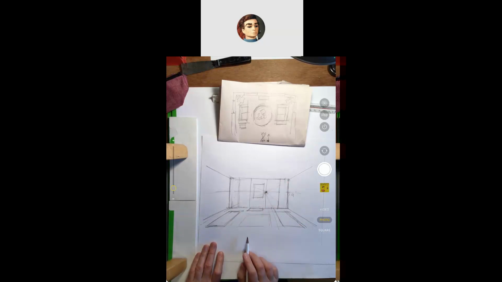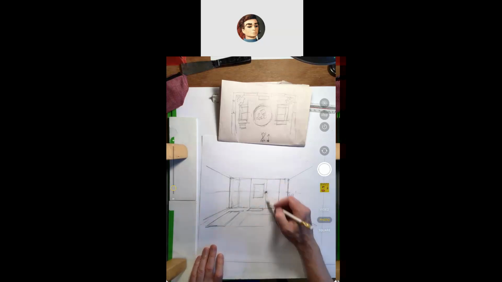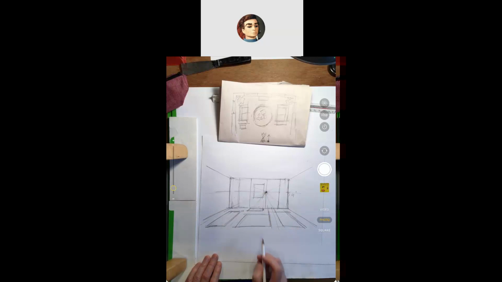Okay. It's approximately even. I'm a little over here. So yeah, this is good. I think with the table, if I start with that table like a big square on the floor,